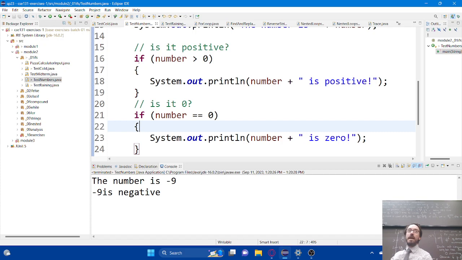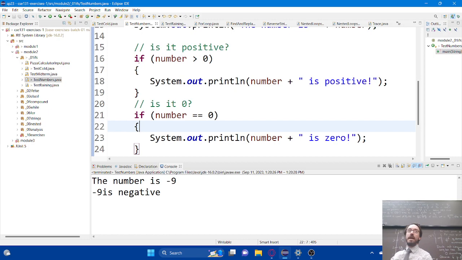Any other questions before yes? If they do overlap, it's only the first one that gets run, right? That's correct. Regardless of what the conditions are, if I have a set of if statements followed by else if statements, it really depends on whether or not there's an else present. If there's an else present at the very end, then I'm guaranteed to do one of those options, right? Exactly one, whichever one I find first.